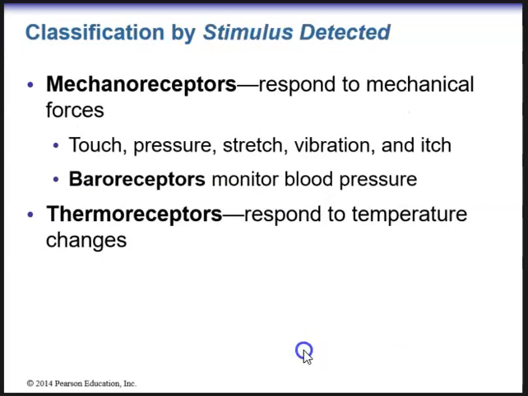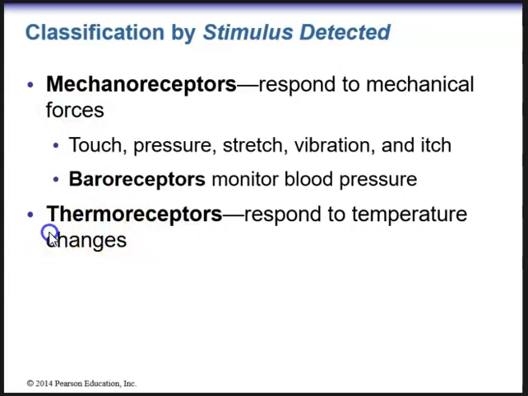We then have classification by the stimulus detected. So the first one we'll talk about, we have mechanoreceptors. Mechanoreceptors respond to mechanical forces such as touch, pressure, stretch, vibration, and itch. We have specialized mechanoreceptors called baroreceptors that will monitor blood pressure and any changes in blood pressure. We then have